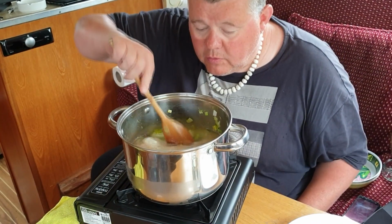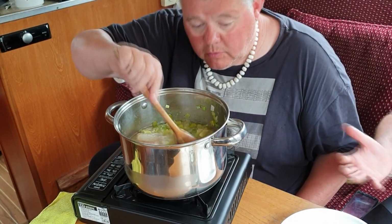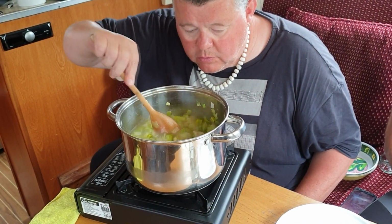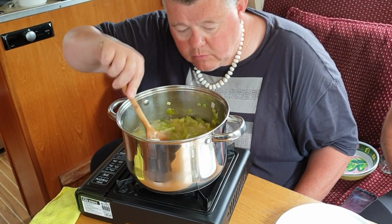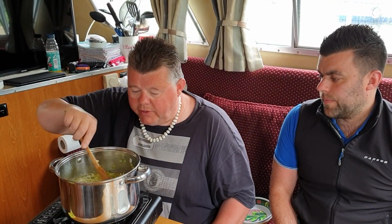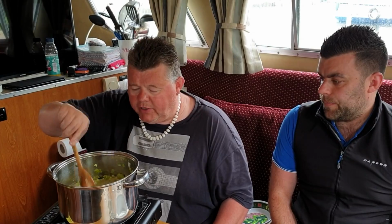And we're just going to bring it to the boil, and then we're going to reduce the heat and let it simmer away for approximately 25 to 30 minutes, just till the haddock's cooked through thoroughly. So we're going to bring this back to the boil. We'll then put it up on the cooker. We're going to let it simmer nice and gently